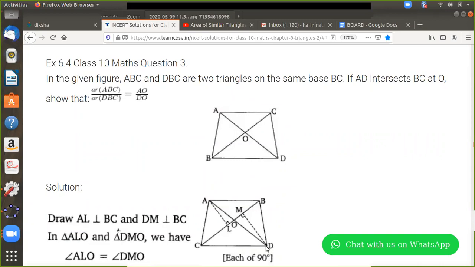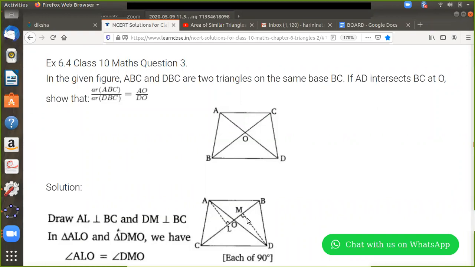Now when that construction is done, I get two more triangles there. Can you see two more triangles getting created there? Are you seeing this small triangle ALO and this small triangle DMO? There is some speciality about these two triangles. Are they going to become similar? Yes, think of it. Which is the criteria? AA criteria. Very good.